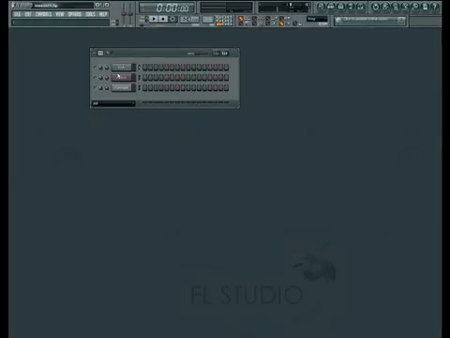Welcome to Lesson 11 in the FL Studio tutorial series. This lesson continues our set of lessons on adding and managing content in FL Studio. In this lesson, we're going to focus on how to add and use VST plugins, specifically VST instruments, in your